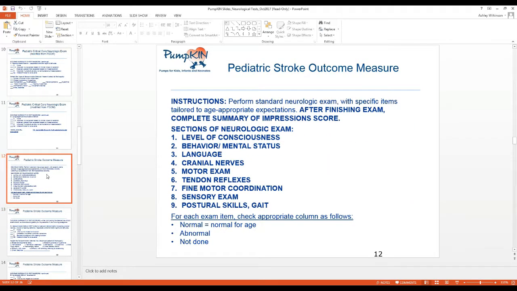So onto the standard PSOM, and the standard PSOM is performed on a child who is basically awake and alert and able to function in some way. If the child gets to one of those time points where an exam is required, like 180 days on device, and they're still not really conscious or they're sedated, then you would use the critical care form to collect whatever